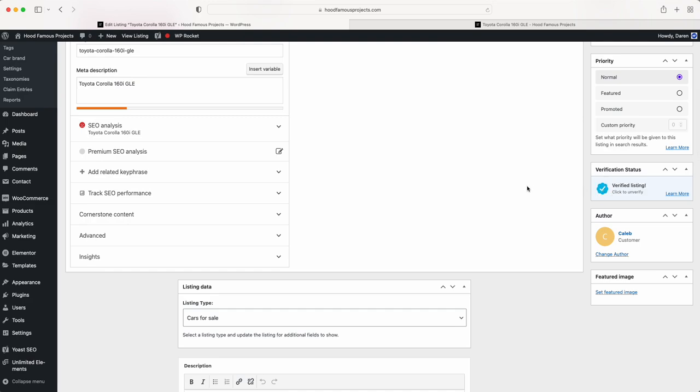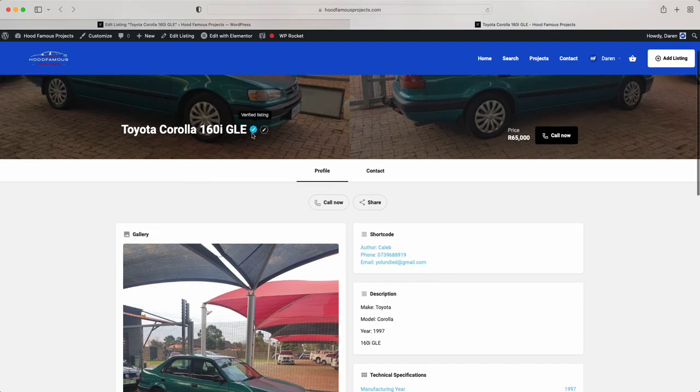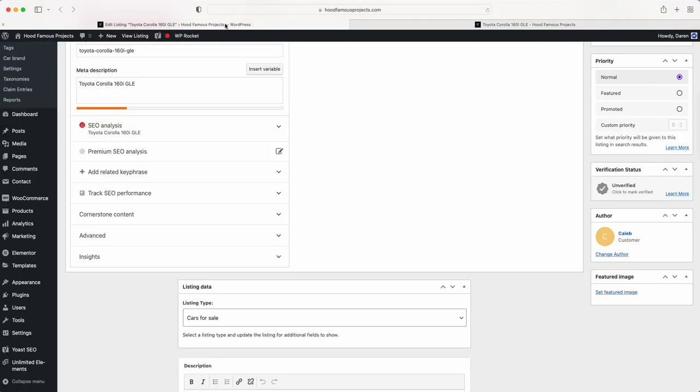This is verified, so verified and unverified. If you know Bob's Auto down the road is your friend and you know him personally, then you can verify all of his listings. If it's not, then you just leave that unverified, and unverified takes that little tick away, warning users that we cannot verify the